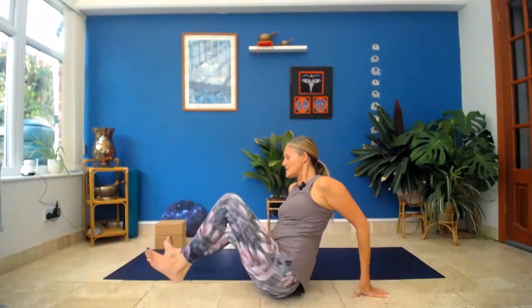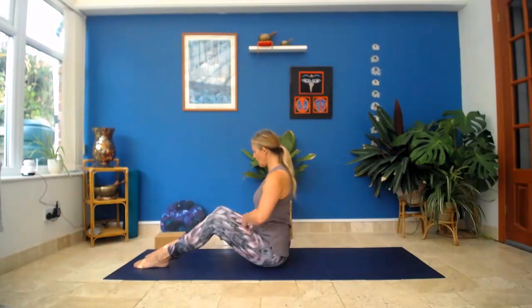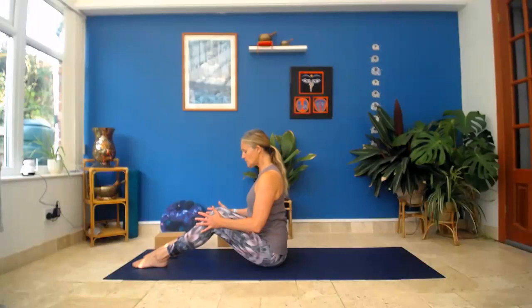So a little test of our twisting here. If you've got your block handy, you can use that between the thighs. This stabilizes the knees, because what tends to happen is that when we take a twist, we're wanting to twist so much that our opposite knee kind of shunts forward a little bit. So see if you can just keep the knees and the hips nice and stable in the twist